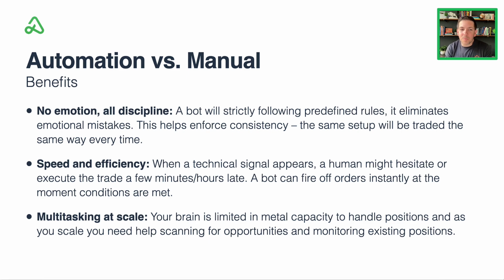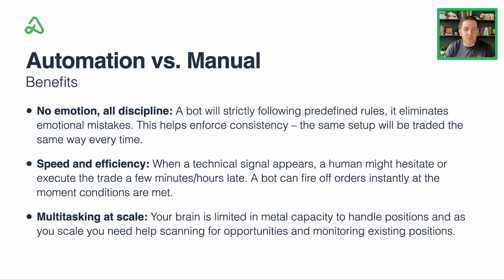The last thing is multitasking at scale. I put this one on here because your brain, my brain, is limited in its mental capacity. It just can't handle a certain number of positions as your portfolio starts to grow. It can't remember all of the different ways in which it got into different trades at different times. And so as you start to scale, you need help scanning for new opportunities because you can't physically watch the market all the time. And you need help monitoring those existing positions,